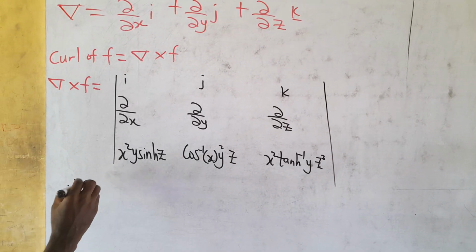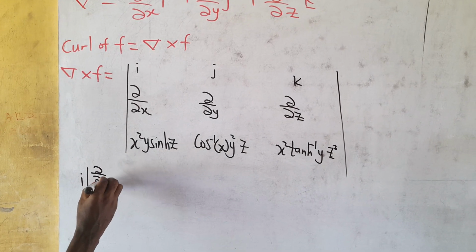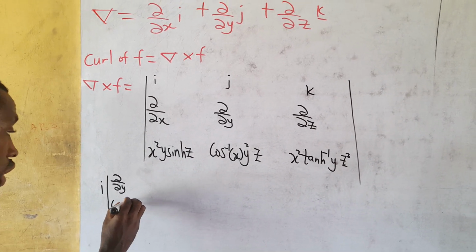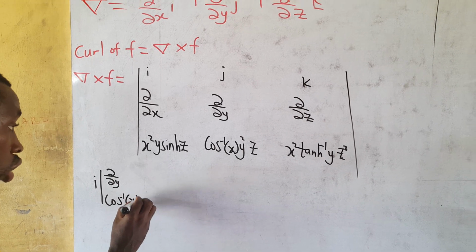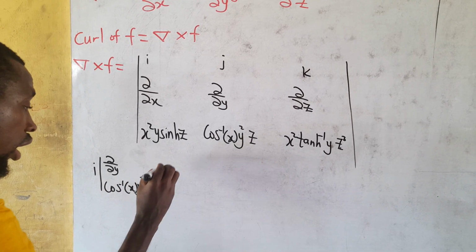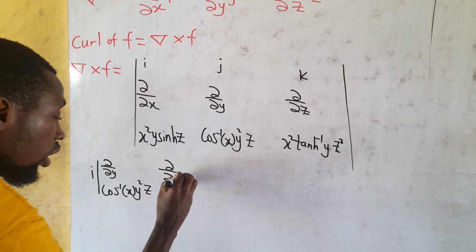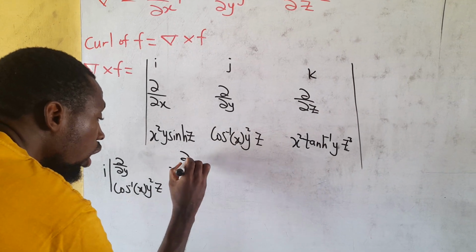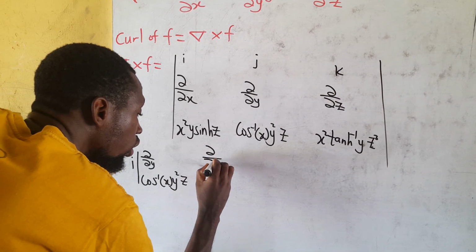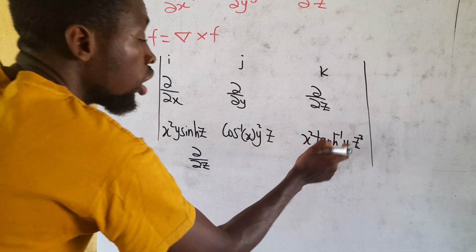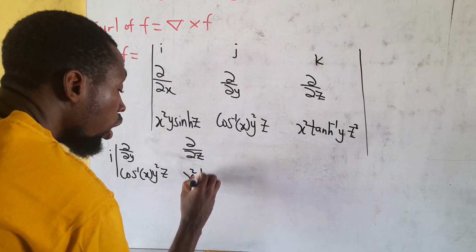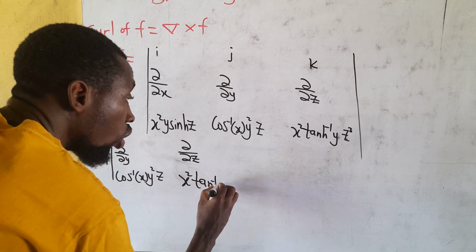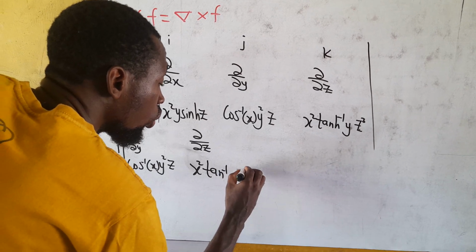So what is not under the i is del over del y of cos inverse of x y squared z, then del over del z of x squared tan inverse of y z cubed,